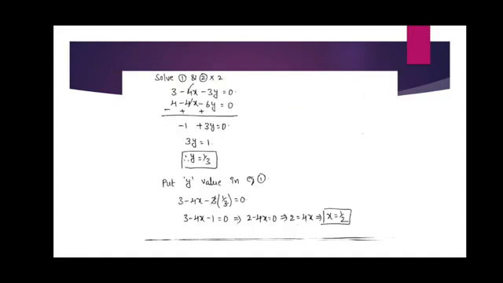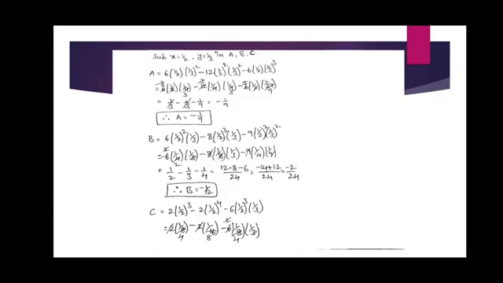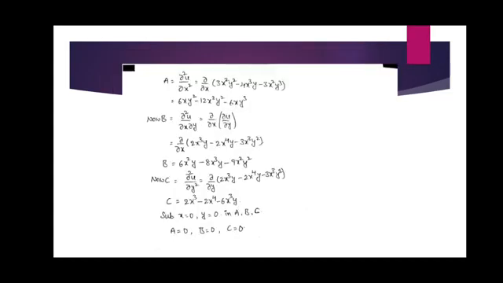Here we do the partial differentiation to find b, that is del square u by del x del y. We have to calculate the value of b. b means del square u by del x del y, that is nothing but del by del x of del u by del y. Here del u by del y, we know that value: 2x cube y minus 2x power 4 y minus 3x cube y square.